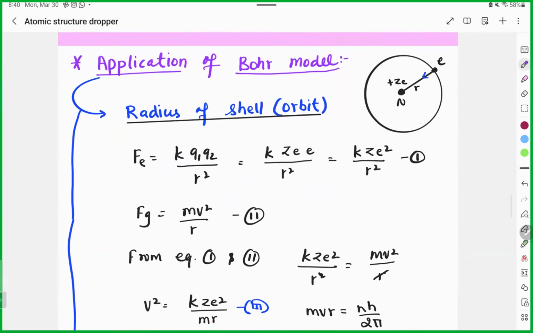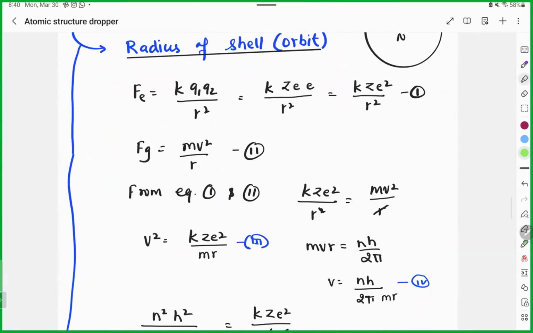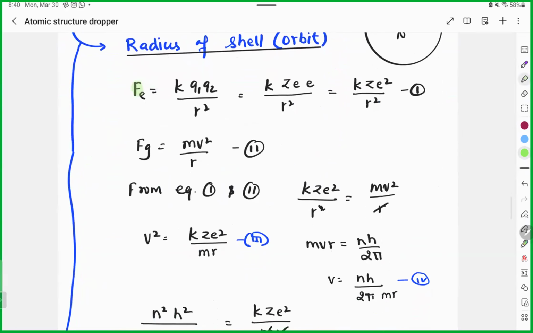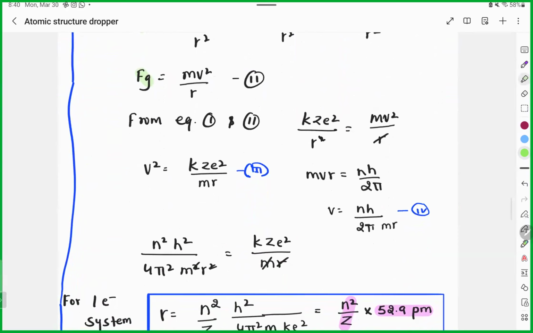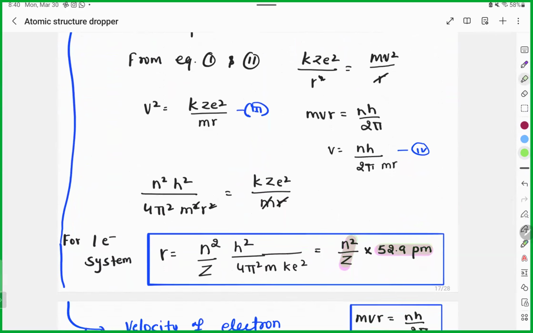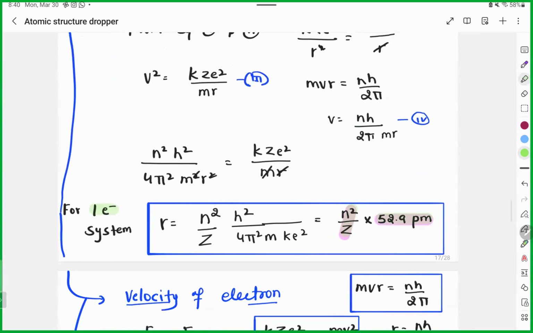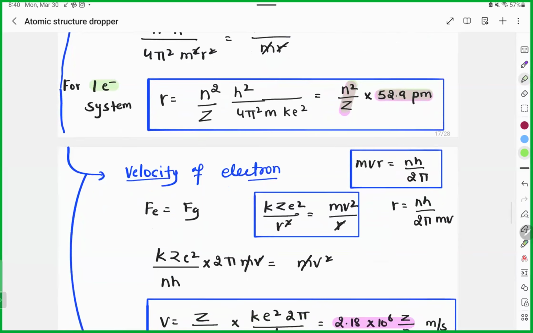Application of the Bohr model. First, if you use the radius rule, your electrostatic force and your centrifugal force will be equal. When both are equal and you calculate the equation, r will be equal to n square by z, almost 53 picometer, for one electron system. Velocity, if you calculate using the same equation, m v r is equal to